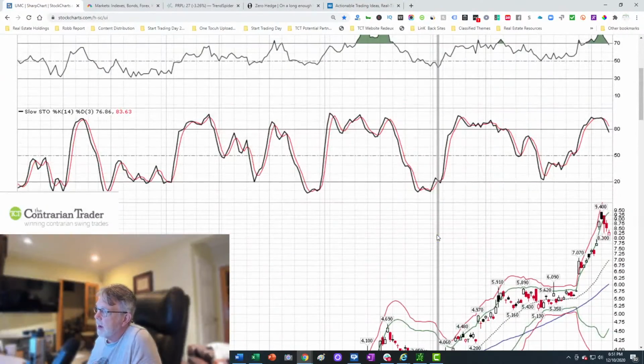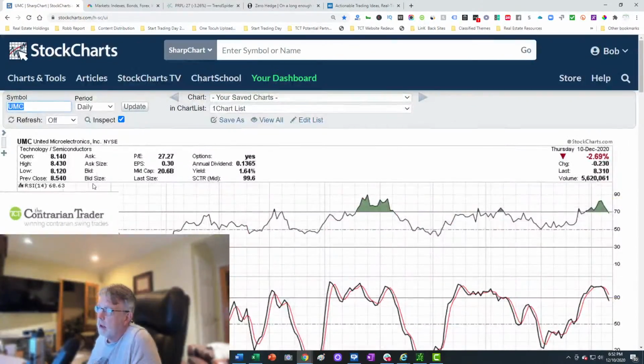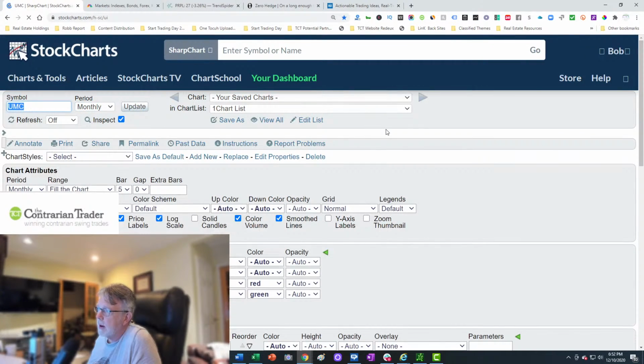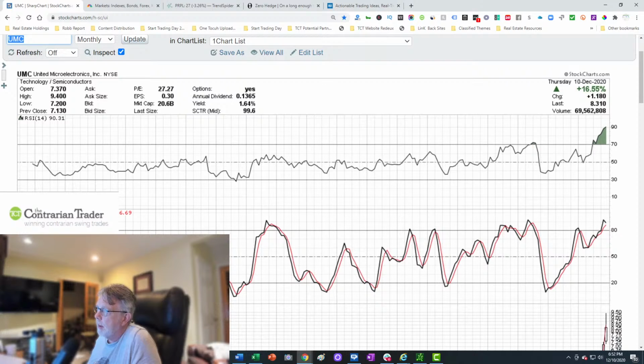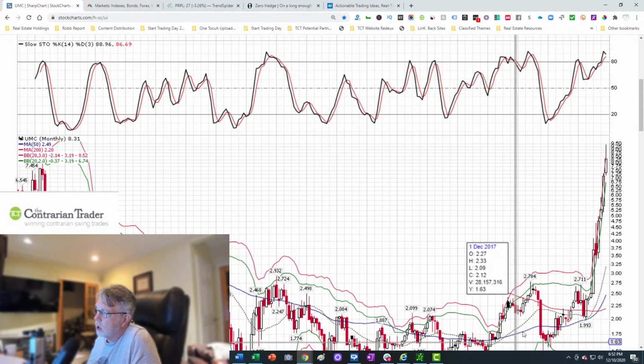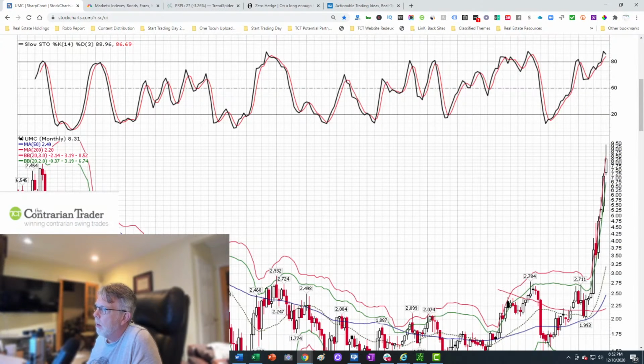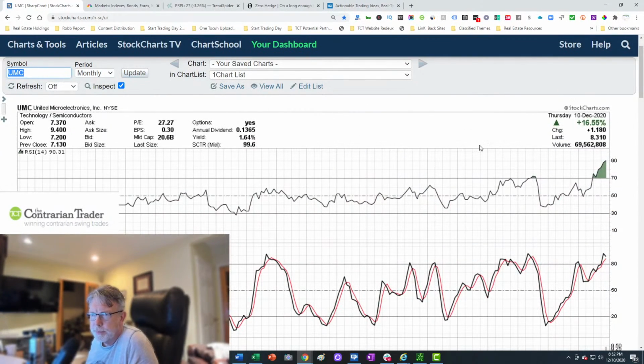Me personally, I wouldn't be a buyer here. I mean, the money's been made. And I'll leave off with this, that on a monthly time frame, while you've had a pullback this week, I mean, this is a monster. This thing is ripping. Shorts have been getting squeezed. People have been going nuts with it. When it goes, it's going to go hard. So this is not going to end well. Be careful. Be very careful.